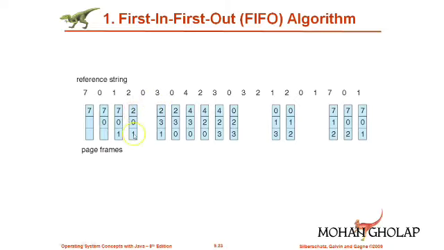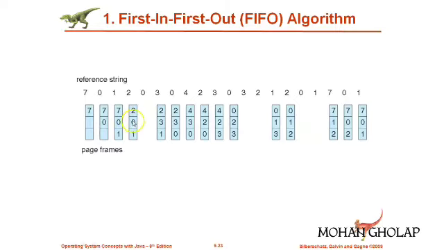The pages on the frames are 2, 0, 1, and here you know that recently you replaced 7 with 2, so the most recent one is 2. As per the example, first you inserted 7, after that 0, after that 1, and after 1 you inserted 2. Out of these, page 0 was inserted before pages 1 and 2. So in order to create a space for 3, you have to replace the frame 0.